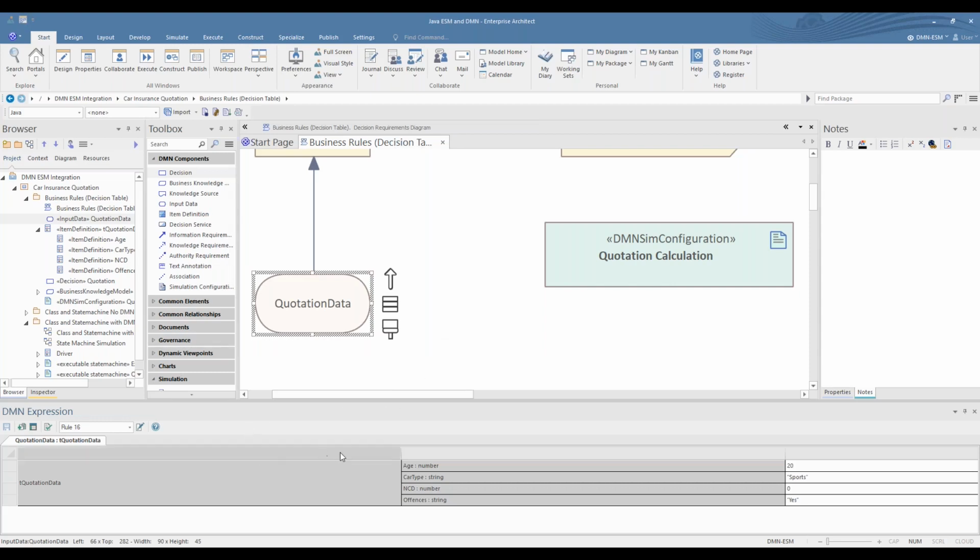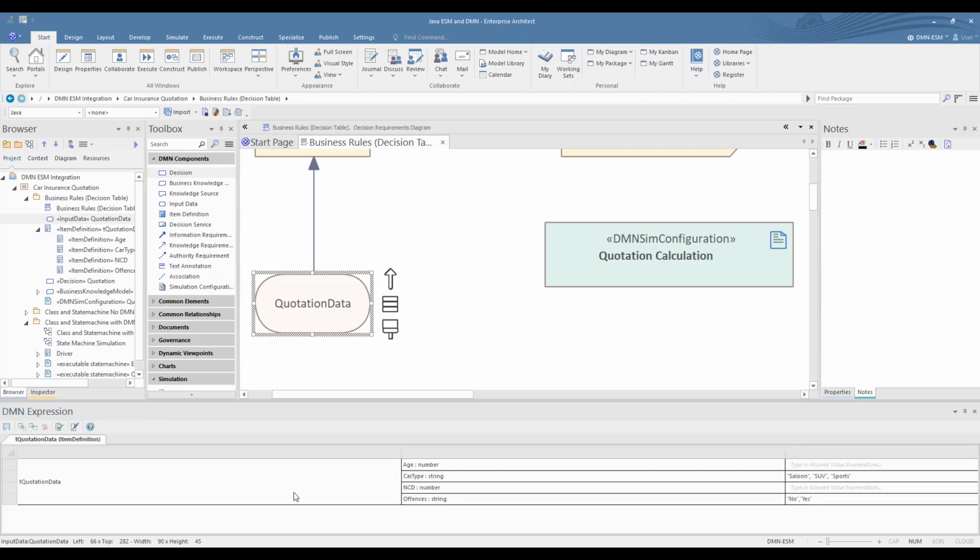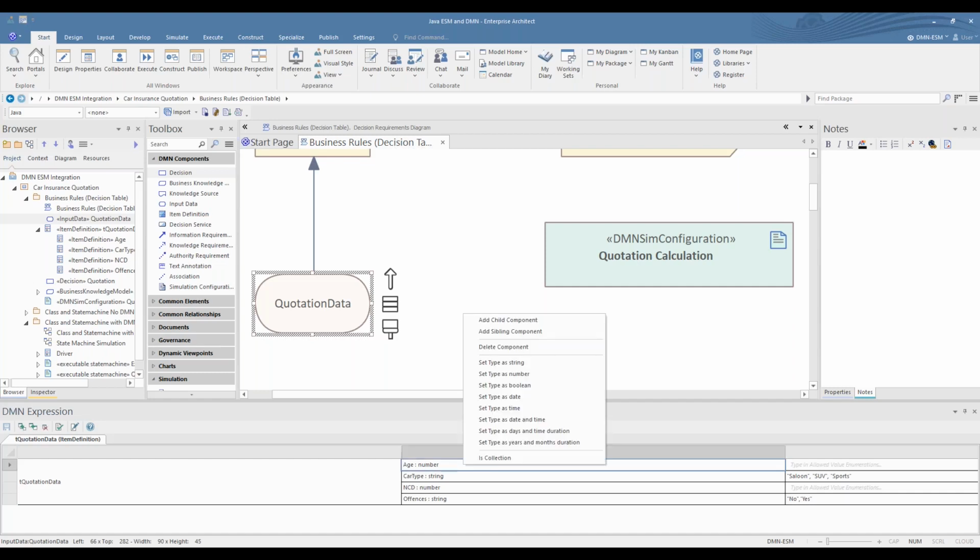Then using this navigation window, you can actually set the type of data and the values it can take. So on the T quotation data, if I look at the contents of this, this is the type of data.